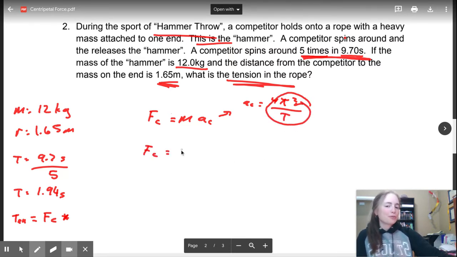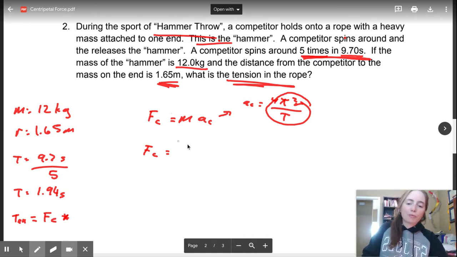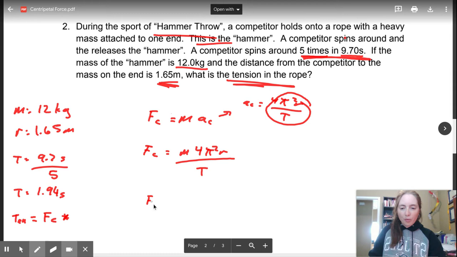You don't have to show your work in that manner. You don't have to show me your work of deriving it every time. You are more than welcome to simply write out your new equation of m 4 pi squared r over the period squared. Okay, well, plonk my numbers in. The mass is 12 times 4